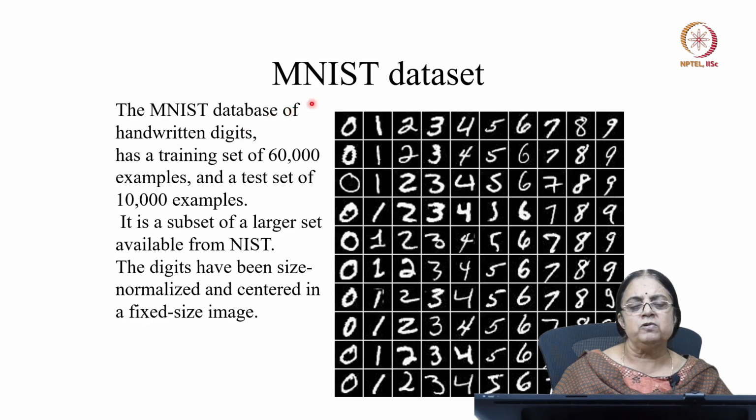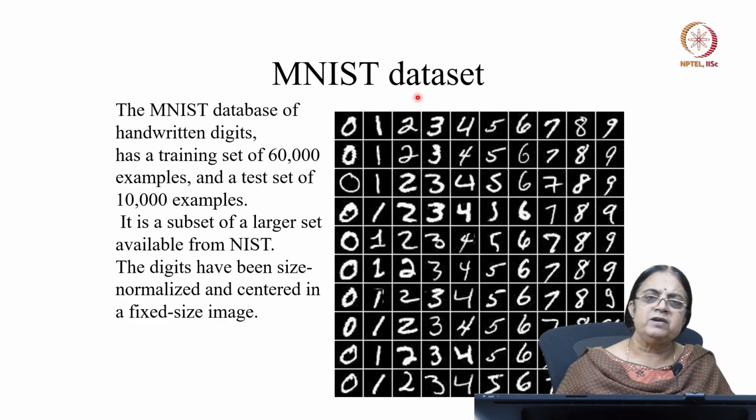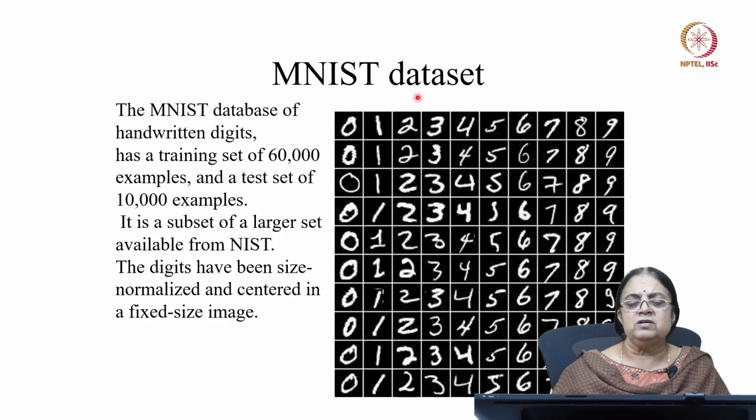Next is what is called the MNIST data set. So MNIST data set is a data set of handwritten digits. So you have handwritten digits 0, 1, 2 up to 9. Okay. So 10 classes are there basically. Class 0, class 1, class 2, etc. And you have a training set of 60,000 examples and a test set of 10,000 examples. It's actually a subset of a larger set. Okay. So most people just use this particular data set which is available, and you find that